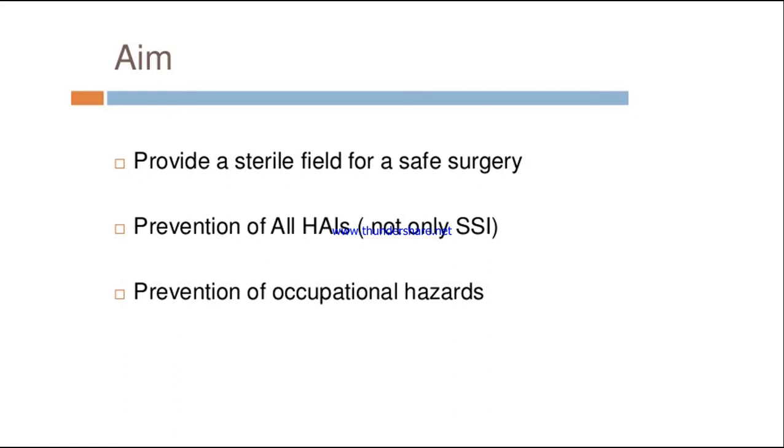Next is the prevention of hospital acquired infection. This is very important. We should try to avoid transmitting infection from one person to another person. And third is the prevention of occupational hazards. This topic has been taught to you in a very detailed class, on the occupational hazards and the risks that every health member will deal with in the OT. So today I will be mainly talking about the protocol.